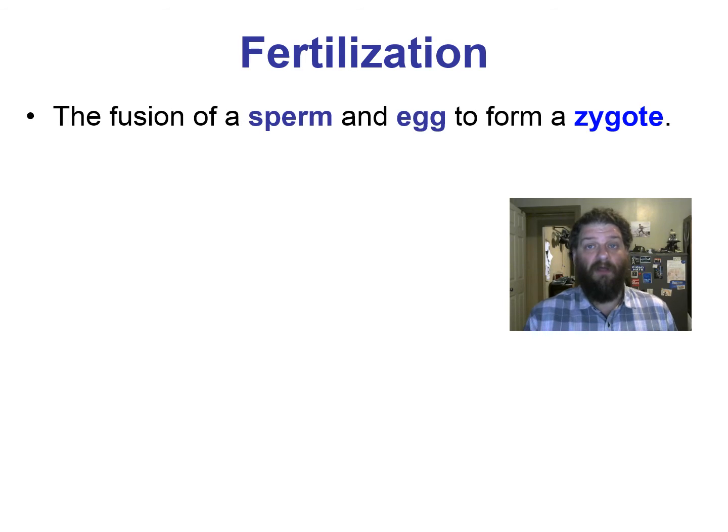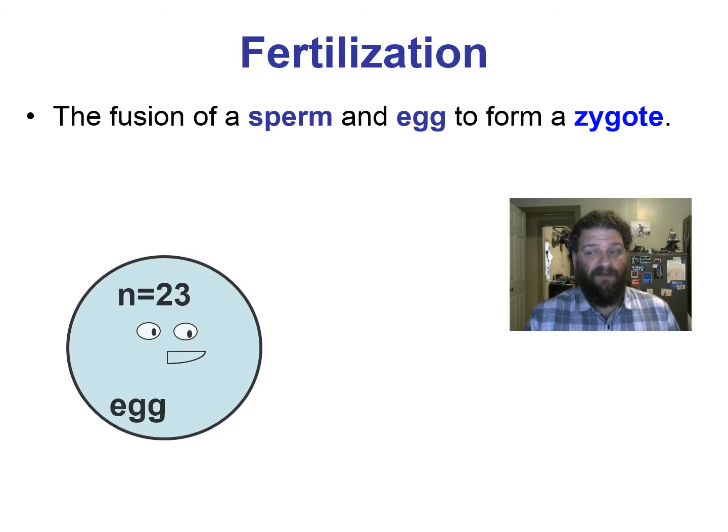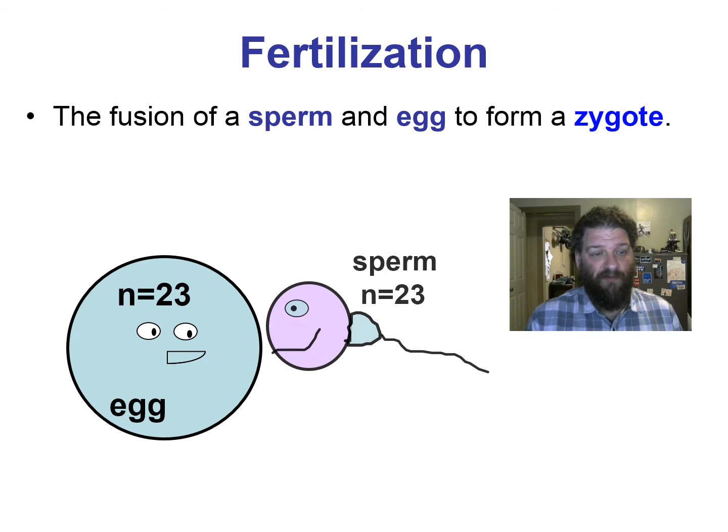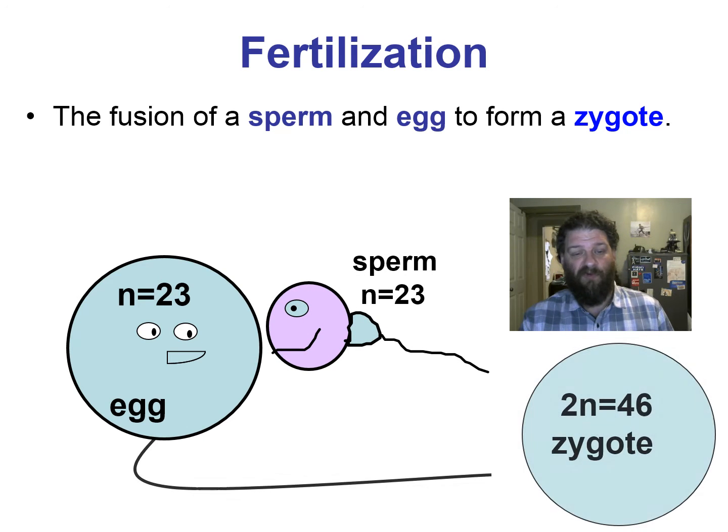The goal of those gametes is to fuse the sperm and egg to form your first somatic cell called a zygote. So our egg with 23 chromosomes fuses with the sperm with 23 chromosomes to create that zygote. It's 2N because now it has a pair of each chromosome. It's going to be important here in a second. So all of your body cells, your somatic cells, all originate from that first zygote.